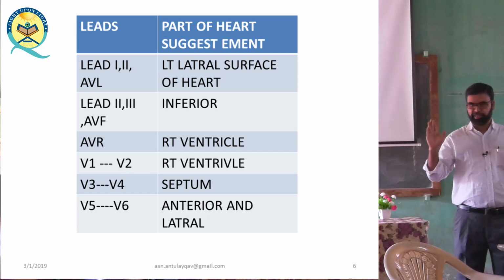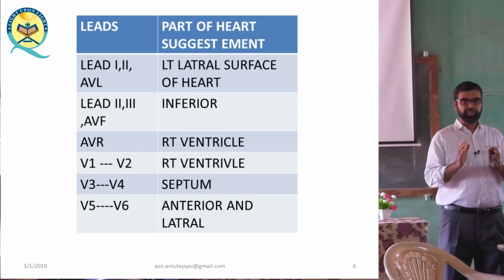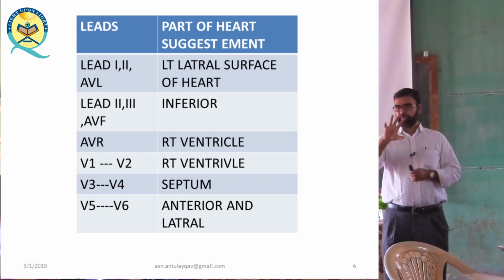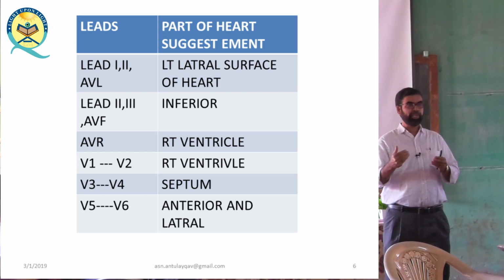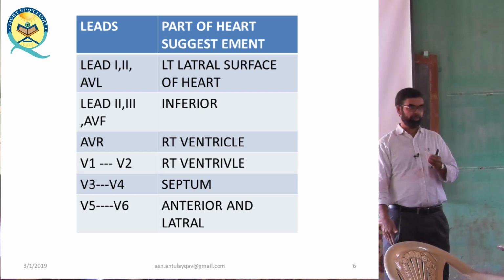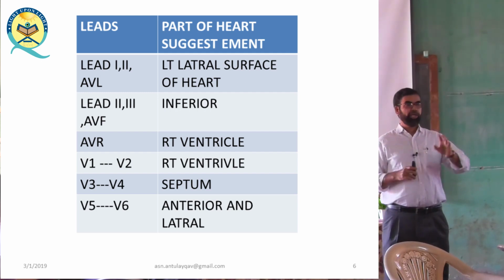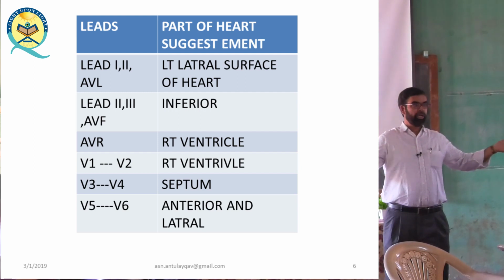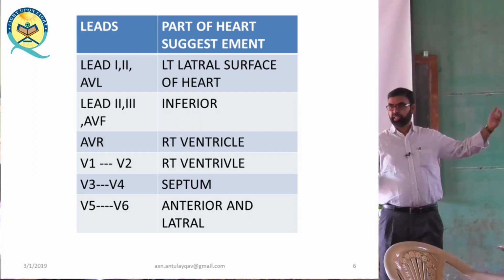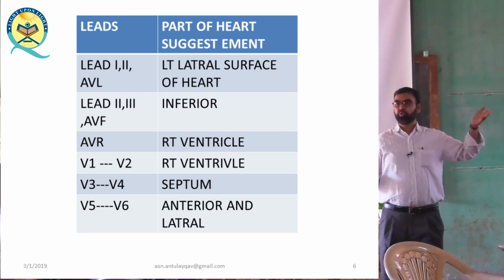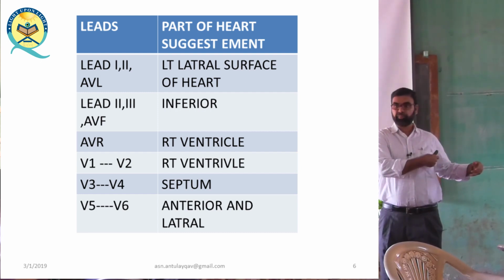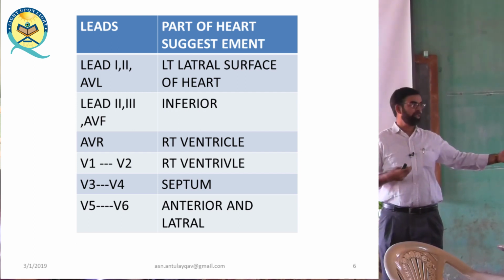अब ये कैसे याद रखने का? How to remember it? If it is right side, if it is left side, if it is inferior side. एक मैं आपको पिक्चर बताता हूँ, क्या हार्ट है, ओके। अब AVF का लीड हमने क्या बोला था, पॉजिटिव कहाँ पे जाता है, लेग, फुट पे। Where positive goes you should remember. लीड 1 कहाँ पे जाता है, राइट आर्म, लेफ्ट आर्म, it indicates lateral side, got it. लीड AVL कहाँ जाता है, लेफ्ट आर्म पॉजिटिव, it indicates lateral side. So lead 1, AVL and V5, V6 तो लैटरल साइड में जाता है, इधर लीड रहता है पोजीशन उसका।